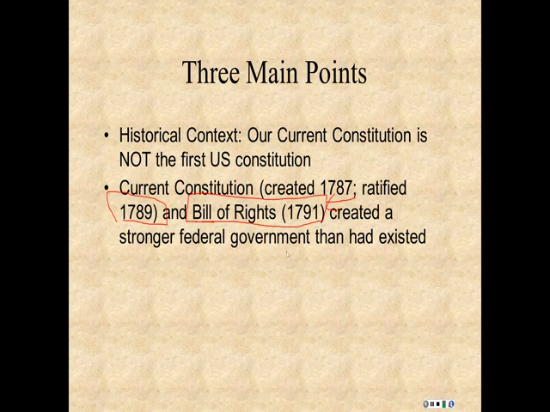But the point here that I'm making is that our current Constitution, in the context of that time, was actually not creating a template to weaken federal government or federal power, but rather creating a template to make the federal government stronger than had existed under the Articles of Confederation. And I'll help explain that here in a minute.